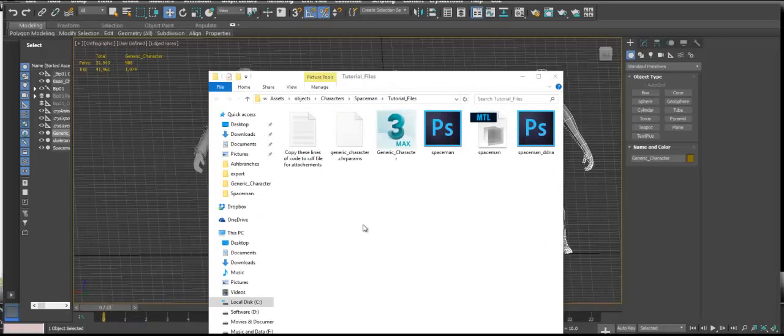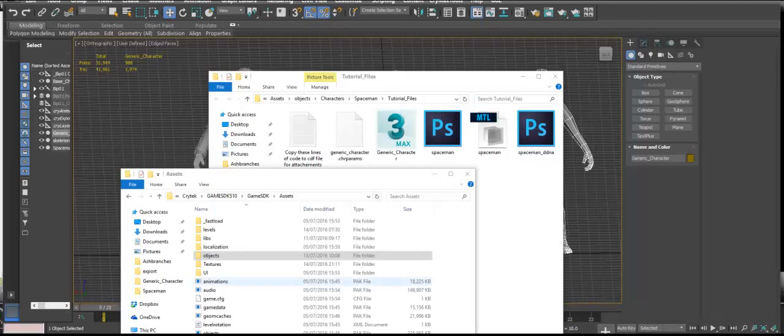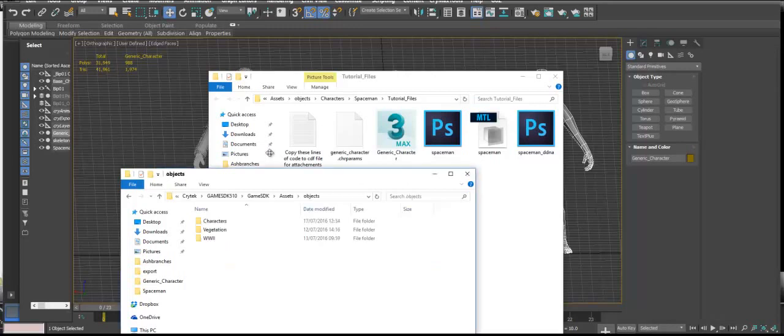These are the files supplied with this tutorial. In your assets folder, you need to have an objects folder. If you haven't got one, you need to create one. Within the objects folder, you need a characters folder. Again, create this if you haven't got it. Within the characters folder, create a spaceman folder,